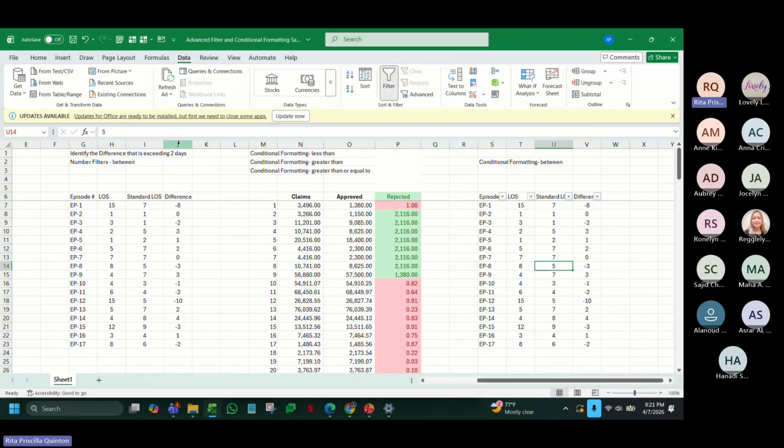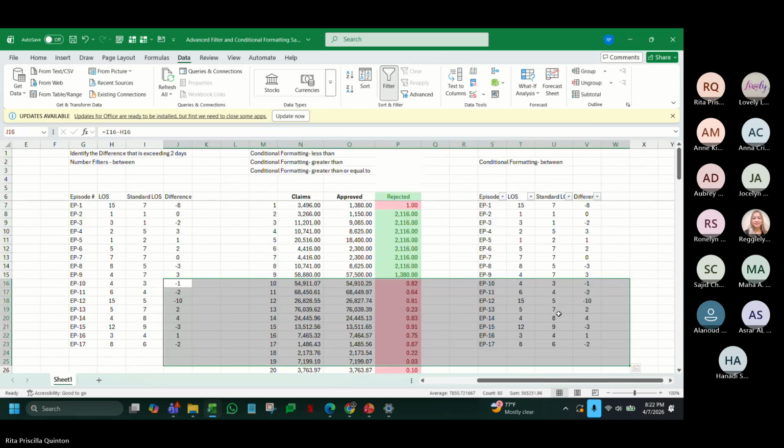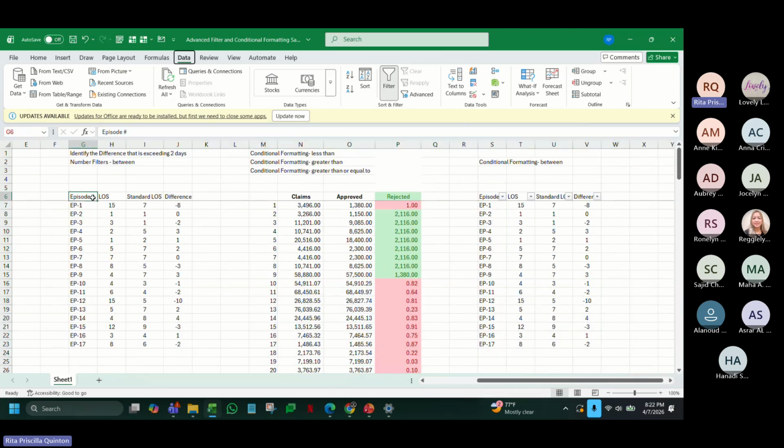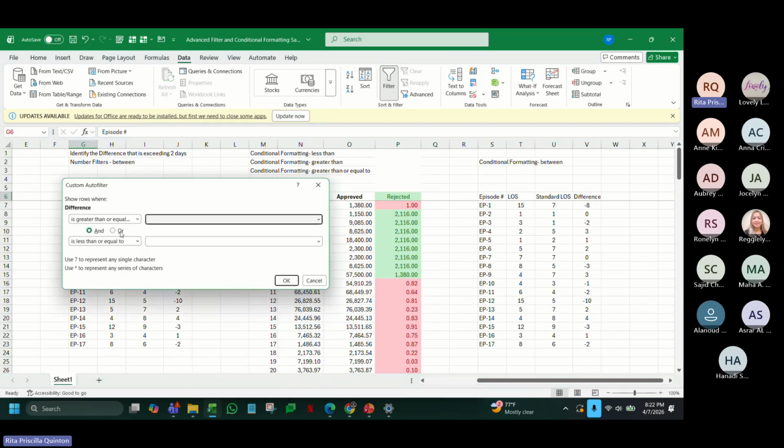Again, same concept over here, except that when we filtered a while ago, if I want to highlight them, again, it will not change like this one. So, for example, I will do again number filters, between, should be 2 or less than 2.